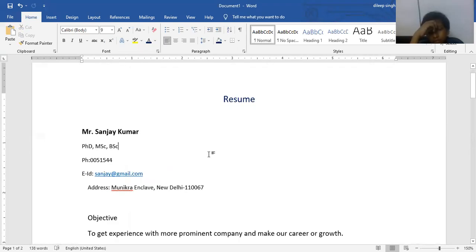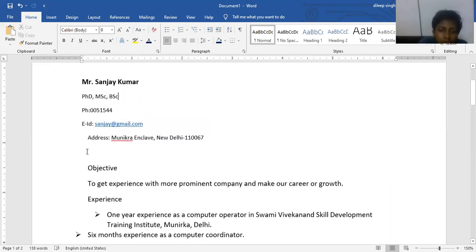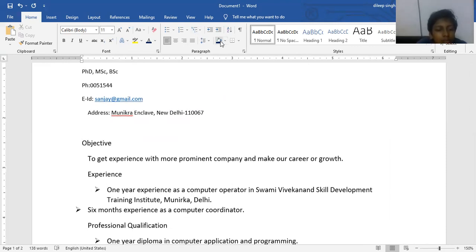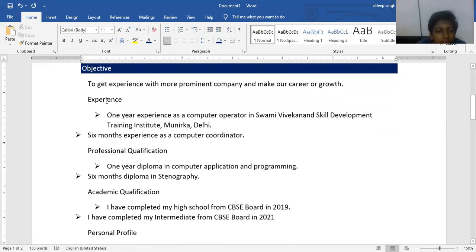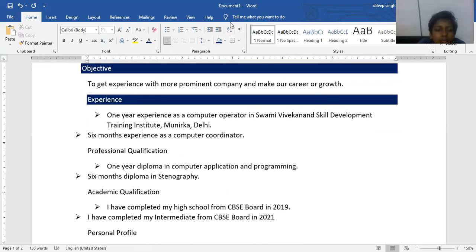And here you have to change some formatting like this. First, place your cursor, and it is the easy method. After entering all the data in the table, just convert all the content into text and place your cursor and repeat the same format. It will become more attractive and more appealing.